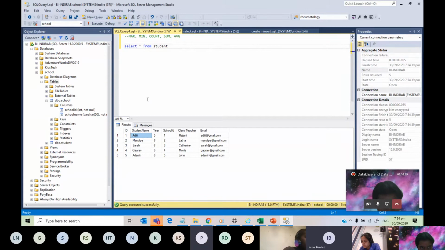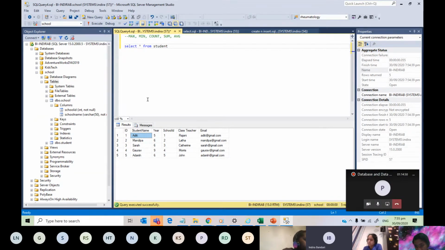Yes or no? No. Why? Because there aren't any numbers. Because maximum can be found only with numbers. Minimum can be found only with numbers. And count can be found with numbers. Sum can be found with numbers, and average also can be found with only numbers, right?